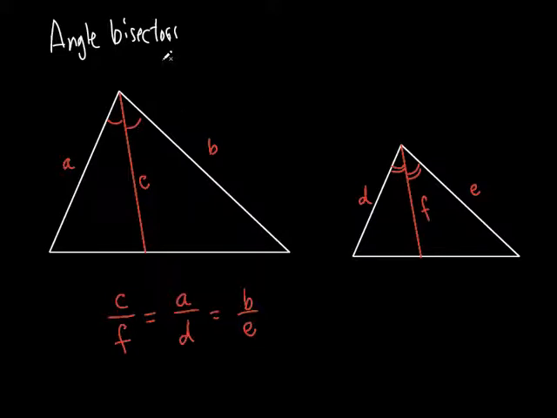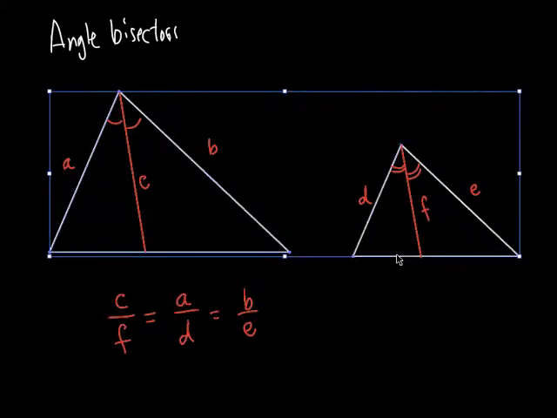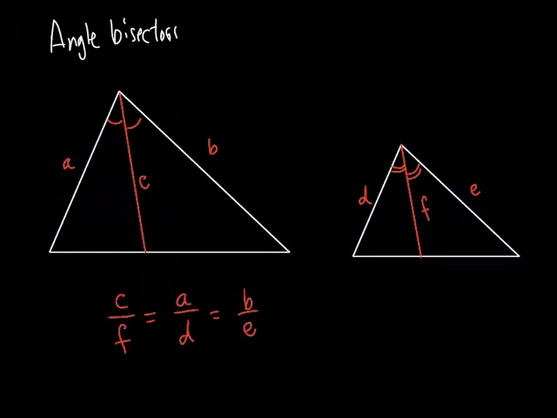So we did that with an altitude, and look at this comparison. It looks exactly the same, doesn't it? All right, but you're doing it with different information. You're not doing it with an altitude. You're doing it with an angle bisector this time. All right, the next thing we're going to do looks incredibly like what we just got finished doing. It kind of looks like it's the same thing, and they do clump them together. If you look at page 495, there are three different theorems: 7-8, 7-9, 7-10,